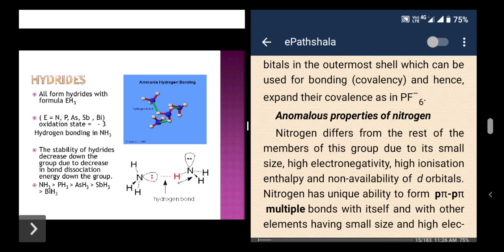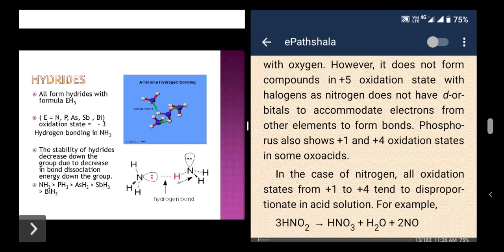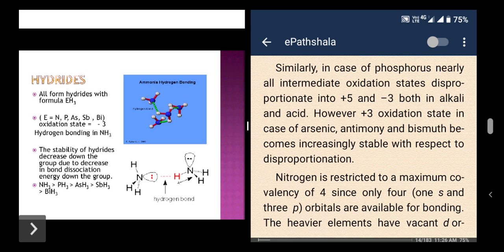This family has +3, -3, +5, +4, +1, +2 and -2 oxidation states, as we have seen. The stability of hydrides decreases down the group due to decrease in bond dissociation energy down the group,